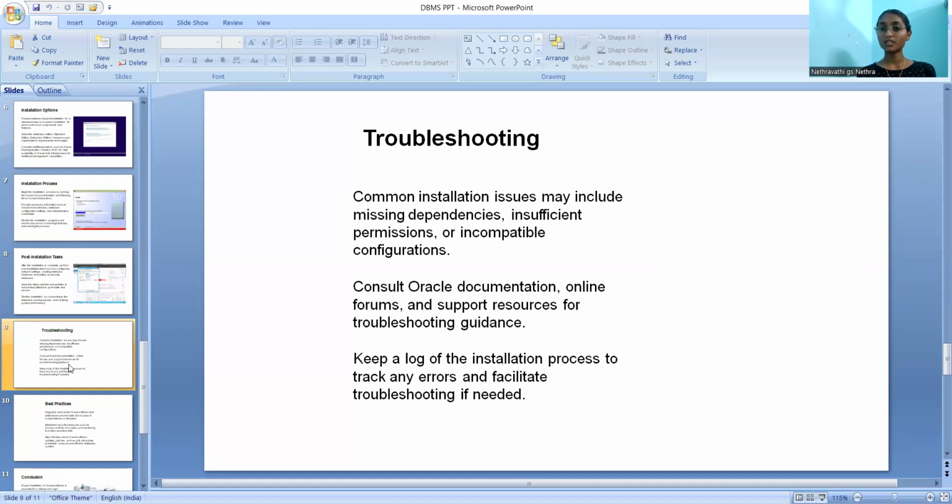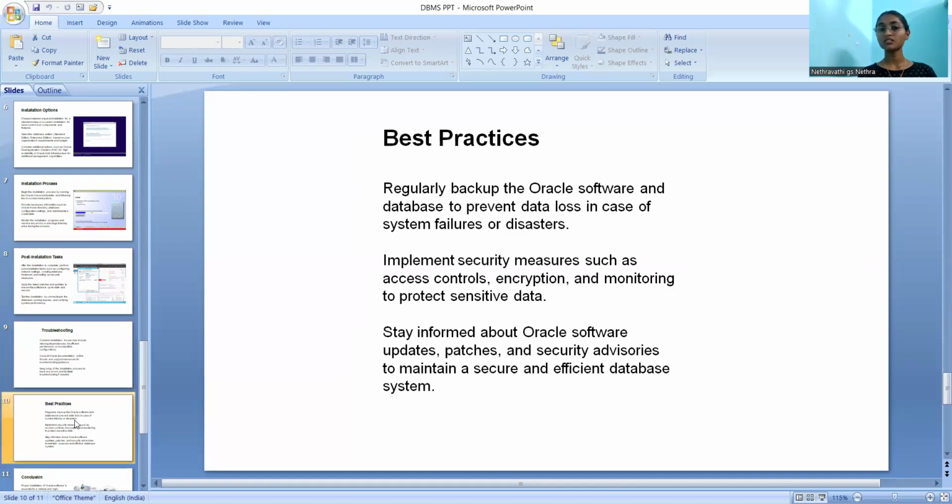So this is one of the basic softwares which we need while installing on a system. And the best practices while installing are: regularly back up the Oracle software and database to prevent data loss in case of system failures or disasters.